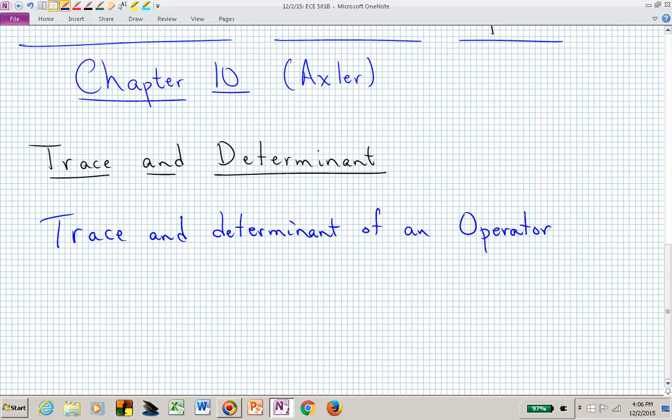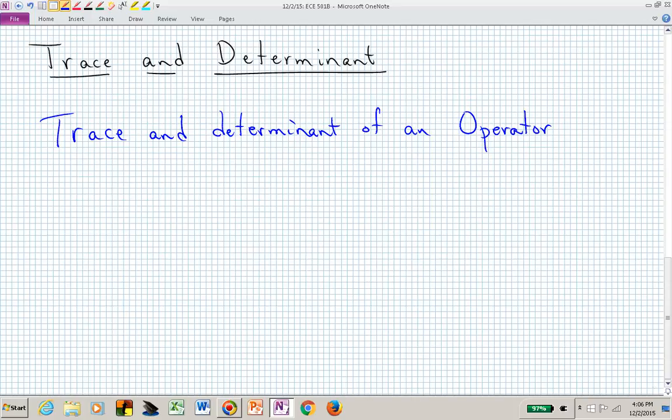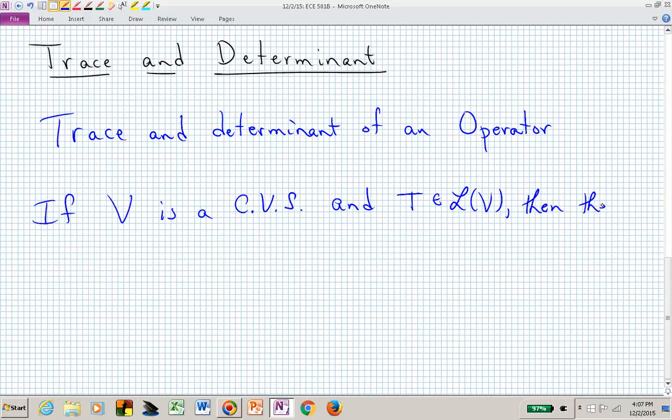Of an operator. Suppose we start with a vector space, and let's just specialize that to be a complex vector space. If V is a complex vector space and T is a linear operator on that vector space, then the characteristic polynomial of that operator T